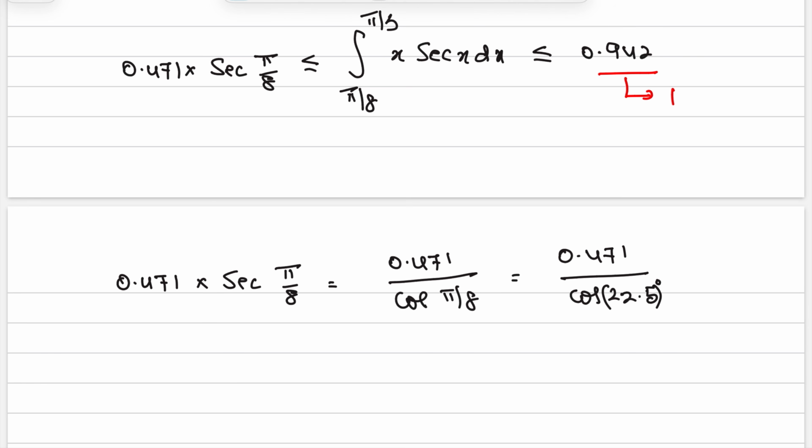Cos 45 is 0.707, that is 1 by root 2. Cos 22.5 is 0.924,